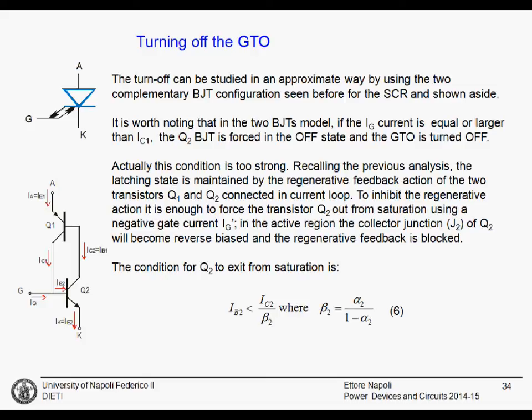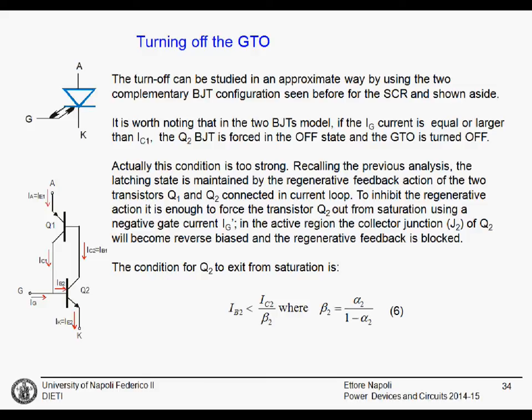Now we can write that the Q2 transistor is in saturation if the base current is larger than the base current that we need to stay in the active region. In the active region, the collector current is beta 2 multiplied by IB2,